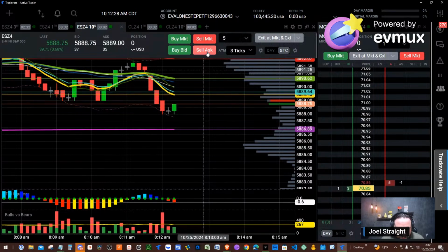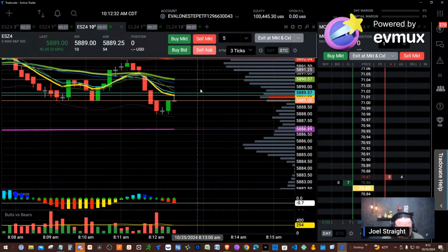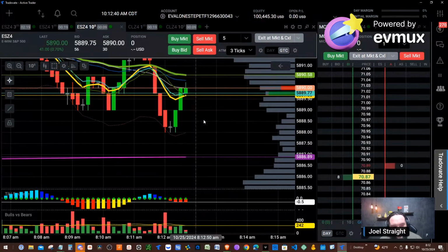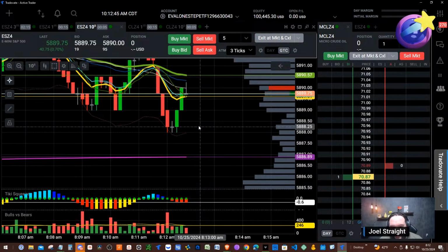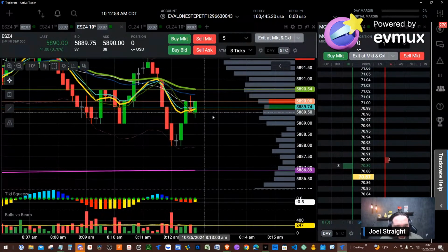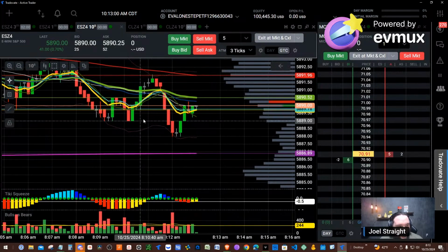Considering going short right here. I'm not going to do it, but considering it, so we got this fresh red on the 10-second. But the reason why I'm not doing it is because we're right at 90, which has been acting as support. Even if we hit 88 and a quarter, this pulled up to 90 just now, but it seems a little risky to me because we're popping off of 90. So